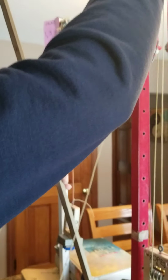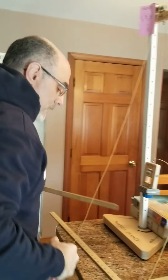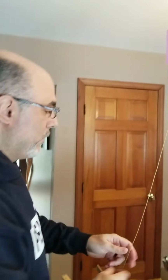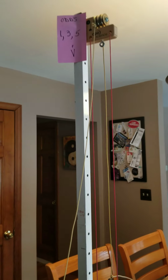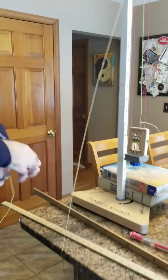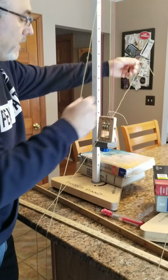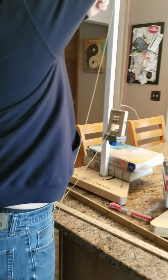All right, and we're going to take this one off. I'm going to put this down. Now in order to get to my 3-string situation, I've got to take my string and feed it through the lower end of the pulley and up and over